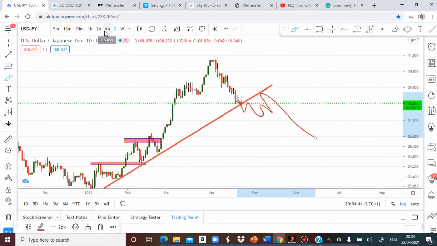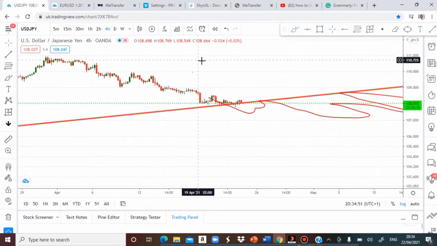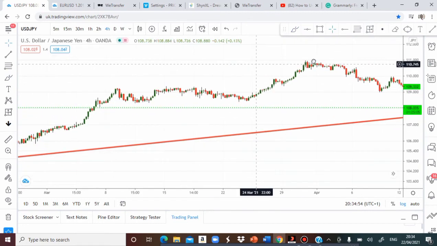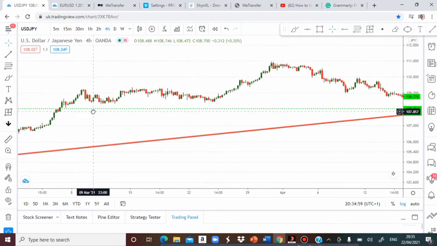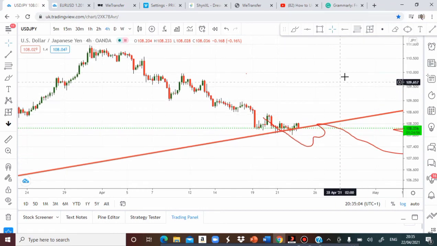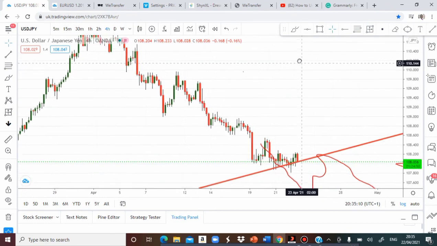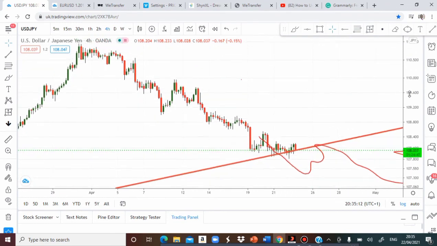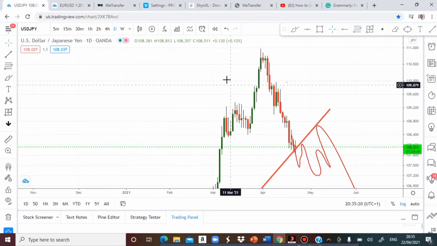But based on 4 hours, 4 hours shows us that it is actually a downtrend. That's why I said higher time frame overall. Higher time frame shows you more about the market. What the higher time frame tells you is more valid than what the lower time frame tells you. The lower time frame may be telling you an uptrend, but when you go back to the higher time frame, it looks as if a downtrend is just doing a pullback, or an uptrend doing a pullback. But look at this market. If you look at it very well,